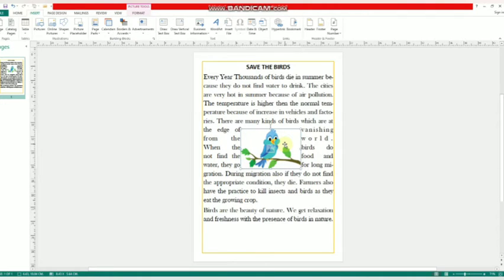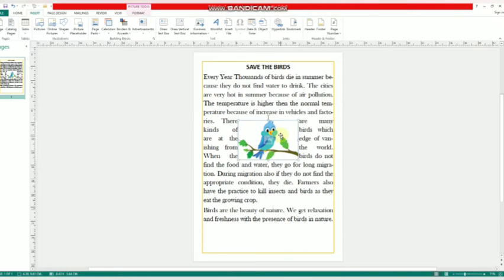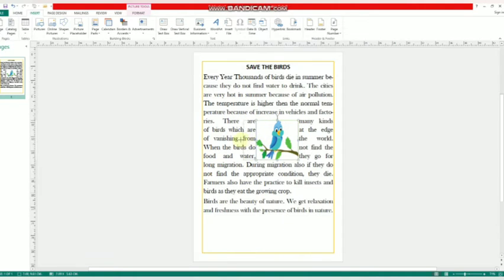After you have moved the picture to the new location, you can align it using the visual layout guides. Means you can align this picture within the Publisher page. Now, to resize the picture, follow the steps given below. Click the middle sizing handle on any of the four sides to resize the picture horizontally or vertically. So, from this middle sizing handle, you can change the picture size. See here.